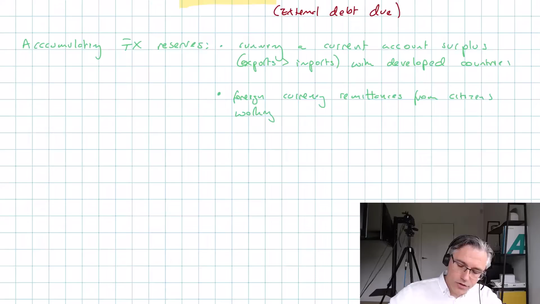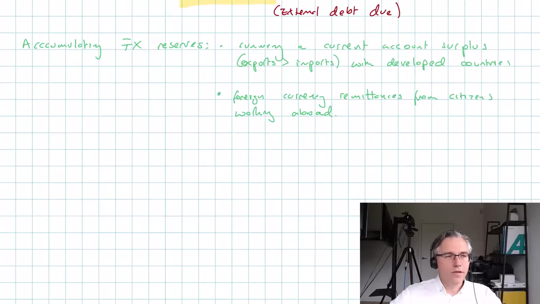If you've got a big population of citizens who've emigrated to other countries, and those citizens do send money back home, they send the foreign currency back home, which on home ground needs to be converted into the domestic currency, and once again that leaves you with a growing US dollar or British pound or euro stockpile, which ends up being held by the central bank. Obviously, it's not the central bank taking the money and in some way expropriating it. No, they're giving you the local currency instead, which the families back home use for funding